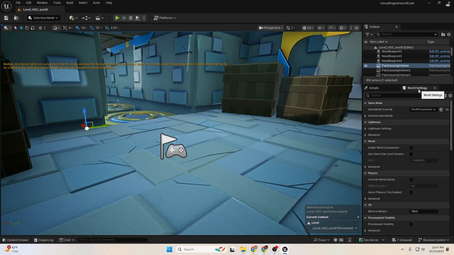In the world settings, we can set something called Kill Z. And as you can see down here, this is the details window, the world settings window. The Kill Z right now is set at this huge number, but it's also inactive. We need to activate it. So I will go to advanced, I will enable world bounds check, and let's make the number smaller, -500, for example. Let's see where that will take us. And I will hit